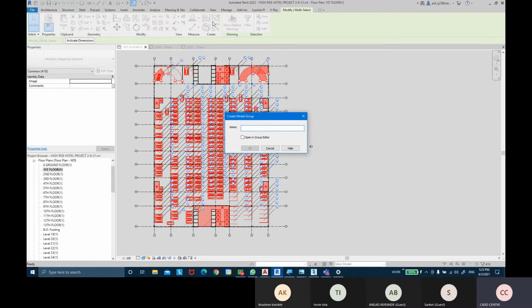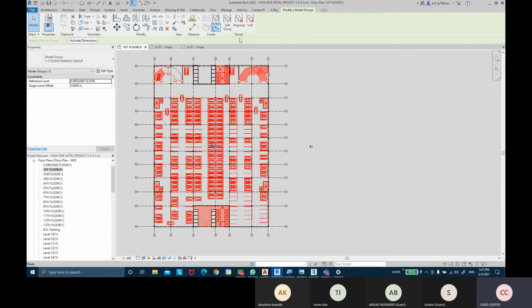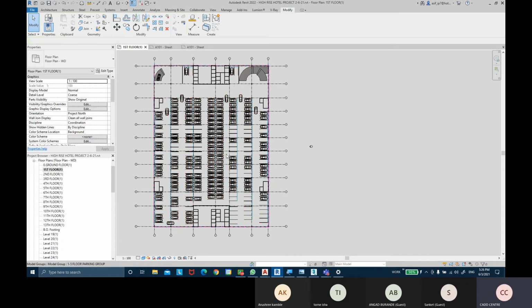and I'm going to call this group parking. You can even call it one dash fifth floor parking group. Okay, so this becomes a group item now.